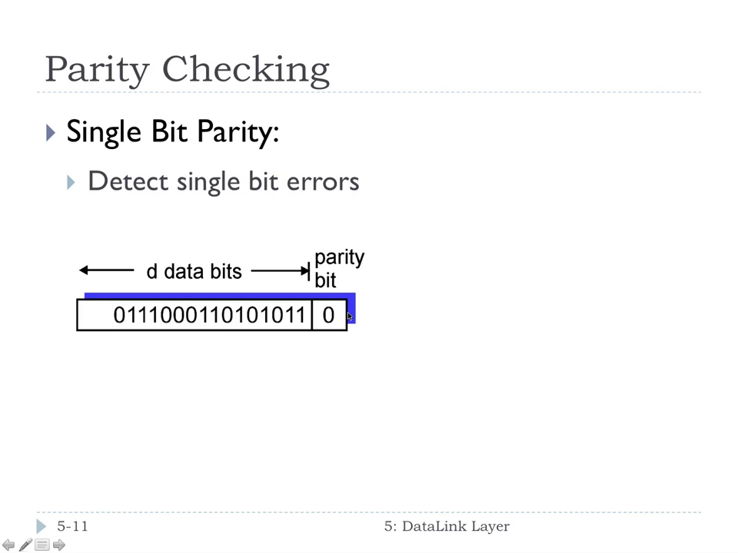But it offers protection, right? Only if the number of ones is the correct evenness or oddness can we make sure that we've got the right data. So you can imagine if we send this packet and we receive